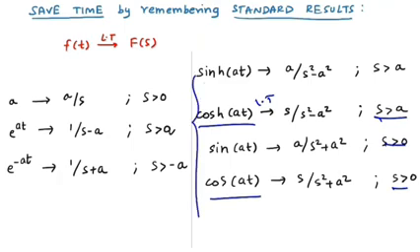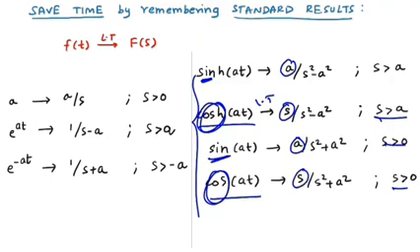Now make a note, there is one trick to remember the formula. The very first point is whenever you have sine, the numerator is a constant value, that is a, right? And whenever you have cos, the numerator has the s parameter. Now note that whenever you have the hyperbolic part, the denominator is negative, and whenever the functions are normal, the denominator is positive. This is the important note which you should make to remember and revise the formulas very fast.